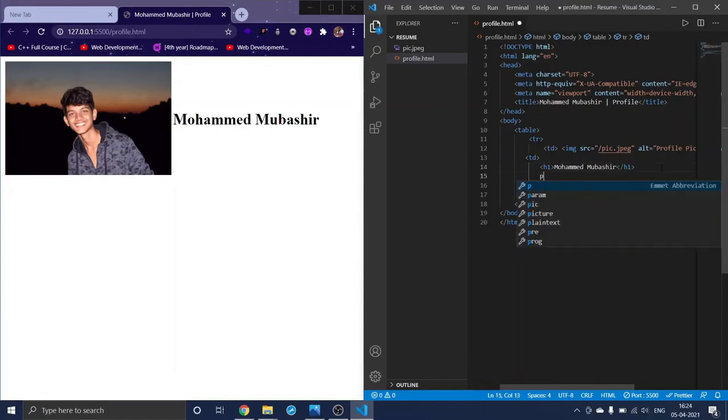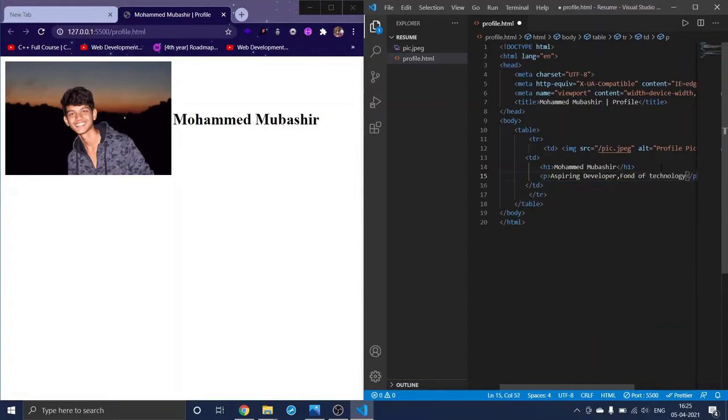So I will use a p tag here inside the td, and I will write something like aspiring developer, and something like fond of technology.